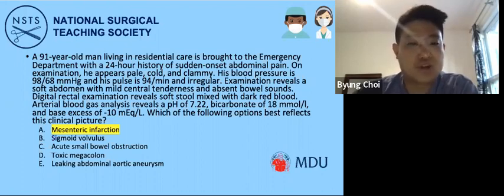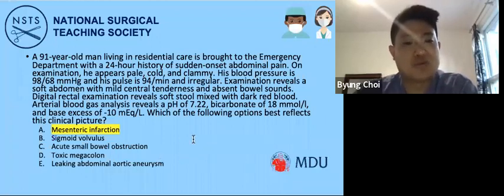Now, some of the other options, of course, we've talked about why mesenteric infarction is the overwhelming answer here. But sigmoid volvulus, generally, you probably wouldn't get any dark red blood with that. And the caveat to the rest of these is that you don't have to have AF